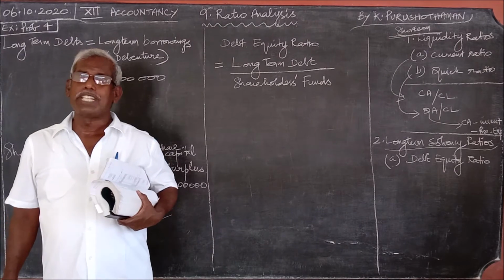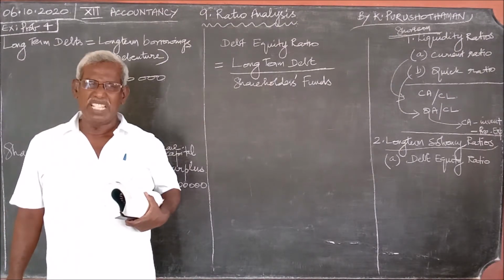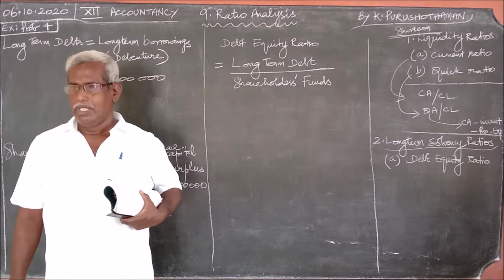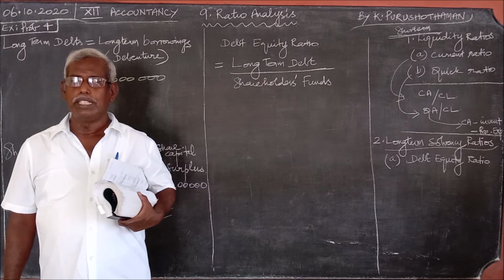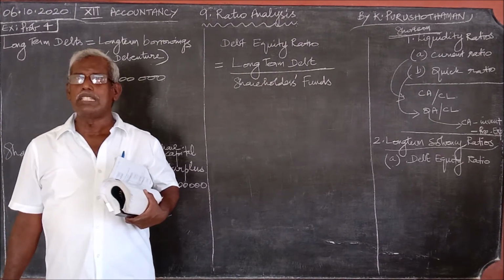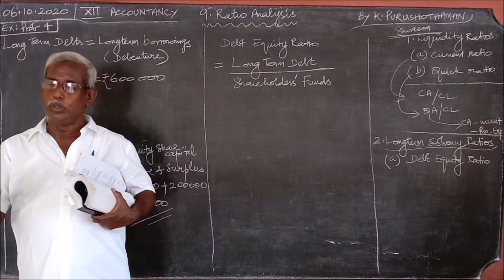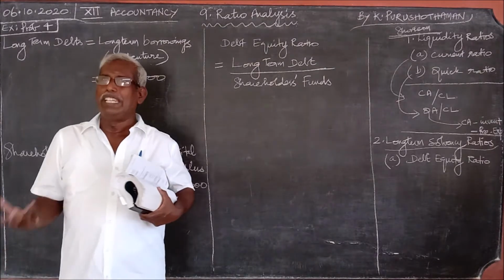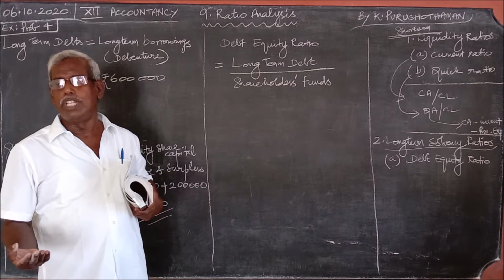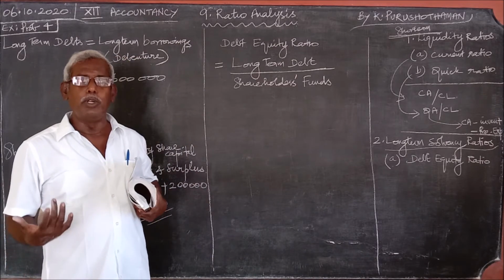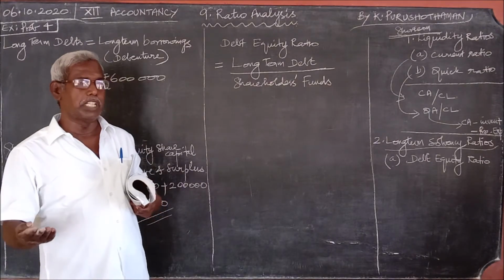At the time of scarcity of funds, at the time of paucity of funds, shortage of funds, what the company will do, the company will request the public to give amount in the name of loan. Public companies. For that they will issue a certificate. For the amount borrowed, the company will issue a certificate which is called a debenture.